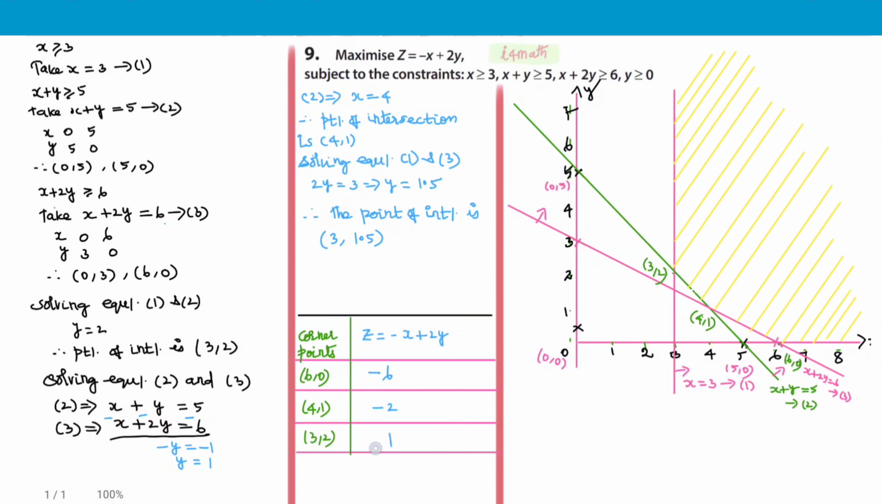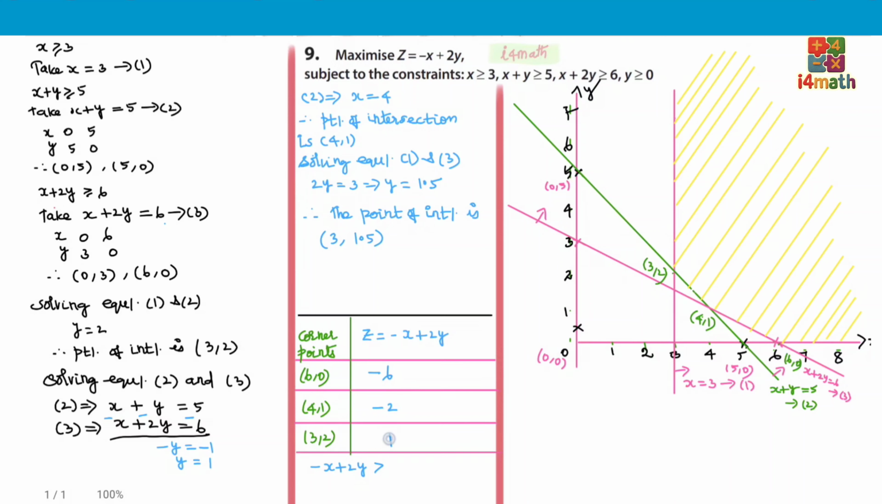Now, we got 1 as the maximum value. But here, the question is the maximum of z equal to minus x plus 2y. Here, 1 is the maximum value. It may be the maximum value or it may not be. So, we have to verify it. For that, we consider minus x plus 2y greater than, not greater than or equal, greater than symbol,